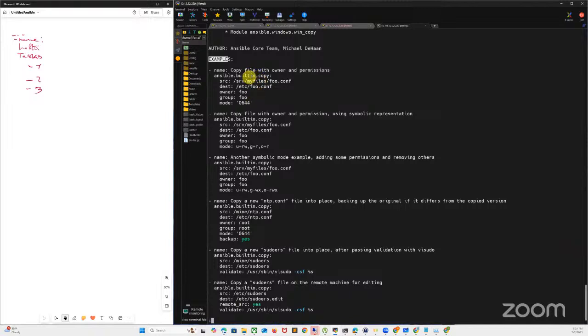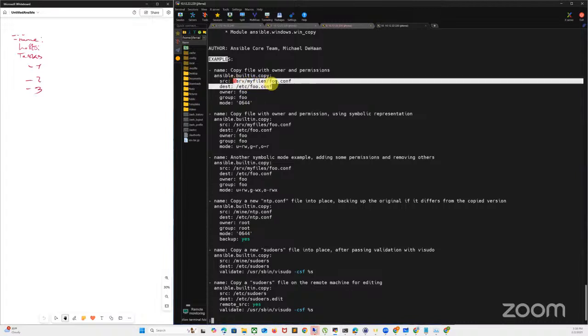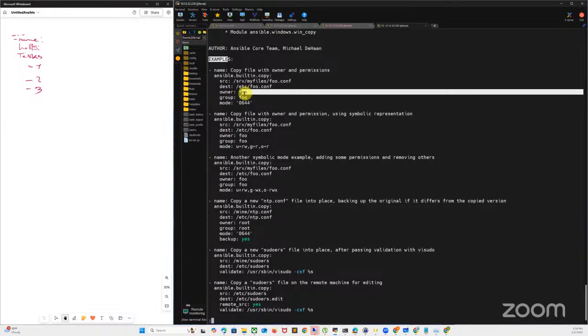You can copy a file from the Ansible host to the destination /etc/foo.conf, which is just like an example file. The owner of the file and the group. Then we have,